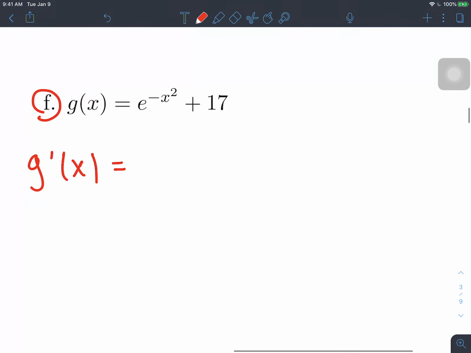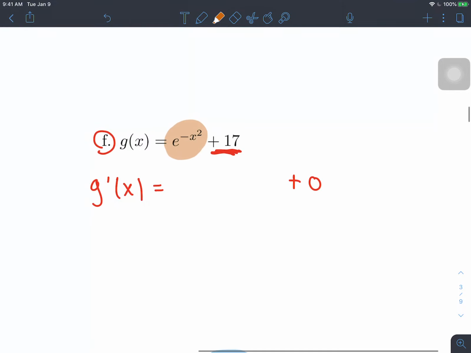Okay, so if we want to take the derivative of this thing, we've kind of got two pieces. Doing the derivative of this plus 17 part is not going to be too hard. What's going to happen to that? Yeah, it'll just be 0. So I'm just going to write plus 0 here. And now I think the hard part is figuring out what is the derivative of e to the negative x squared. Okay, let's go through the whole composition thing